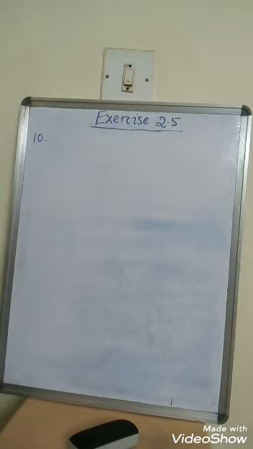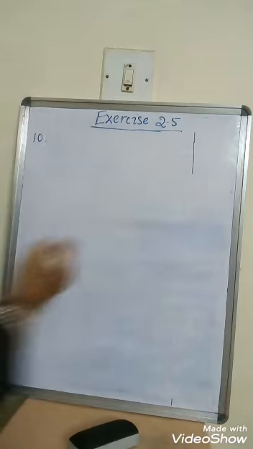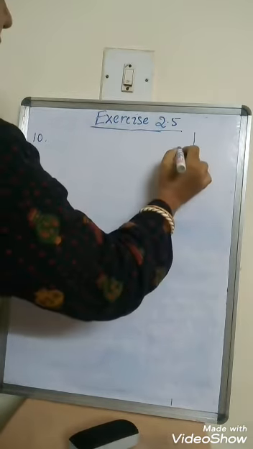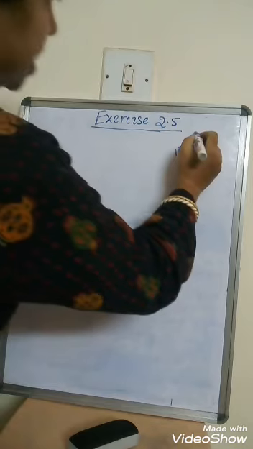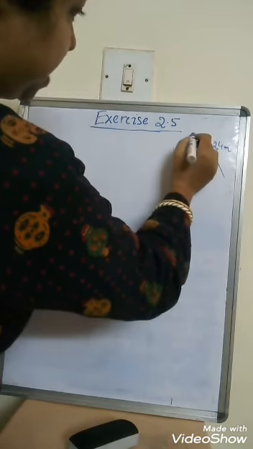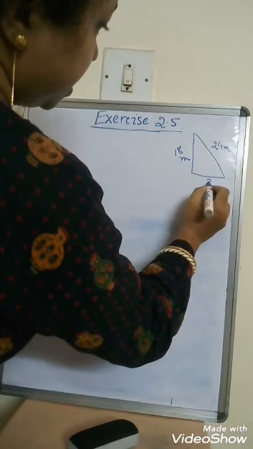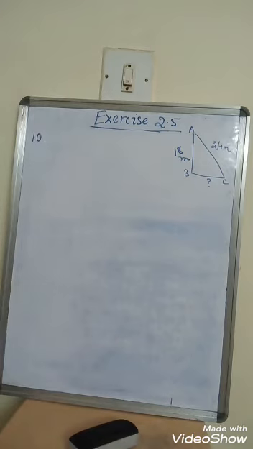Now here what we are going to do first is the similar one as we have done in question number 9. So here I take this as 18 meter, and this is the length that I am taking. Length is given as 24 meter. I am assuming this, it is not given to me, and I need to find out the base. So this is A, this is B, and this is C. Now like the previous question, we will do the same thing.